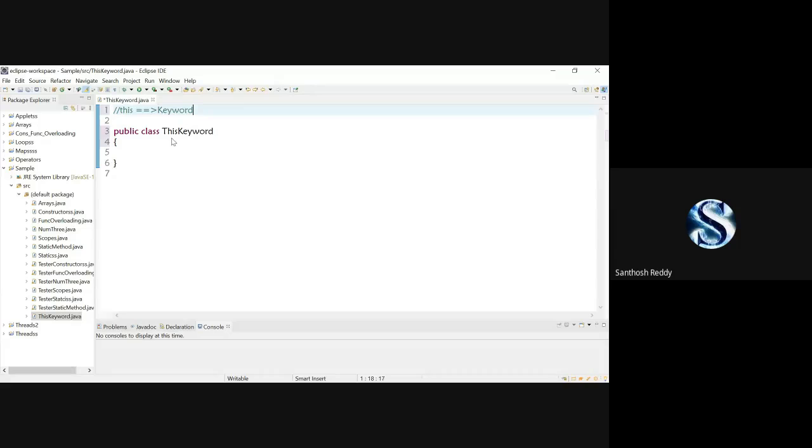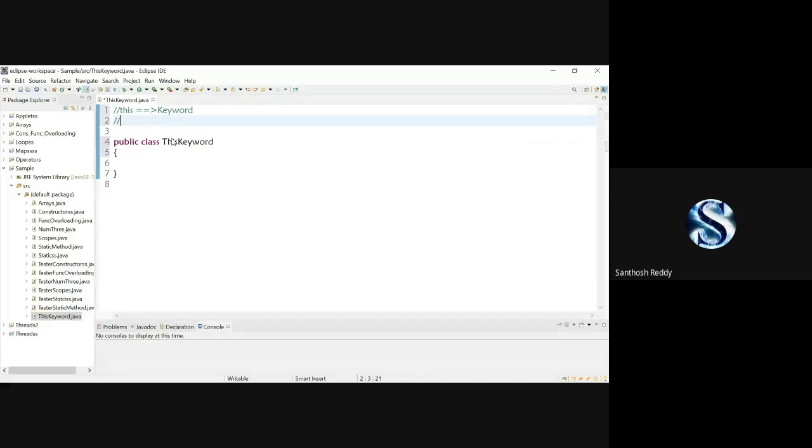Does anyone have an idea for what purpose we are going to use the keyword called this? We use it to refer to the current class instance variables.